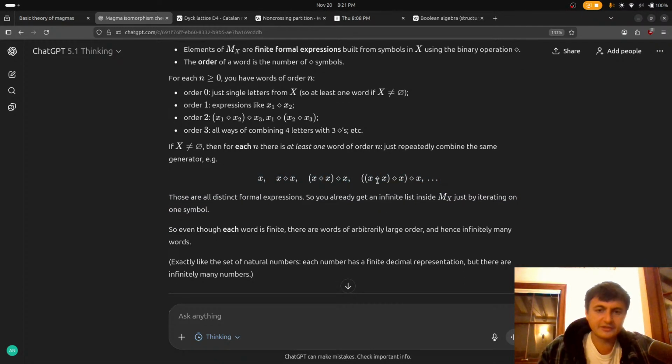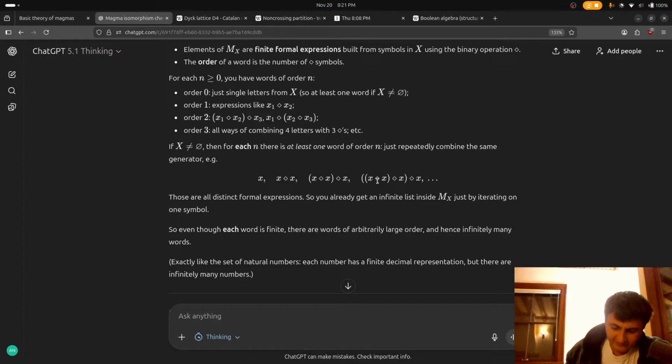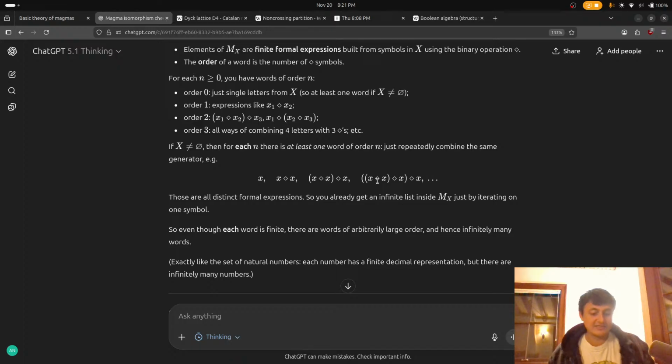Yeah. Okay. Cool. So even if... okay, so this is actually a good example. Even if the cardinality of the alphabet is equal to 1, mx is still infinite. That's actually nice that it gives you a simple example, because then you can be like, all right, it's clearly infinite no matter what.